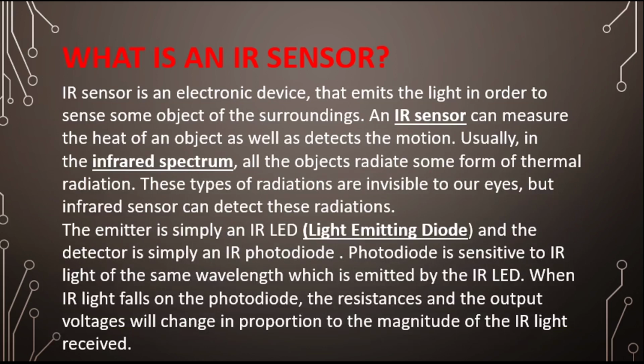An IR sensor is an electronic device that emits light in order to sense objects in the surroundings. An IR sensor can measure the heat of an object as well as detect motion, usually in the infrared spectrum. All objects radiate some form of thermal radiation. We have already studied the PIR sensor. In the PIR sensor, we got to know that all types of